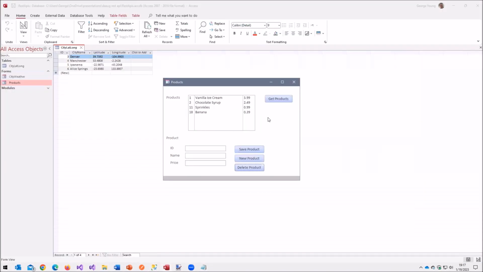So essentially, within this form, and I'm not an Access UI forms designer expert, but hopefully you can see all the different interactions that we have going on. We're getting, we're posting, and we're deleting. And when we click on one of these, we get it by ID. That's how that goes. So, any questions on what's going on here before we look at the code behind the scenes?